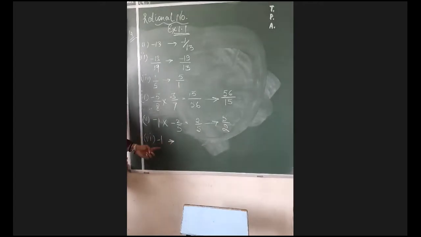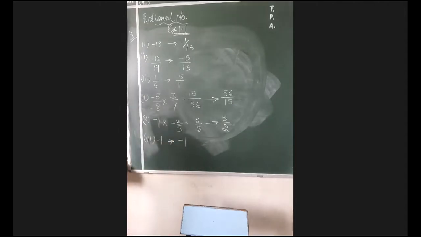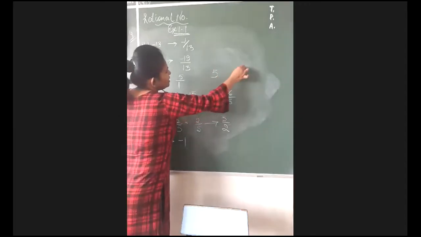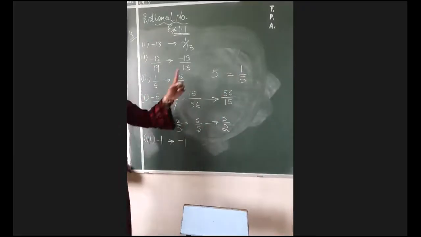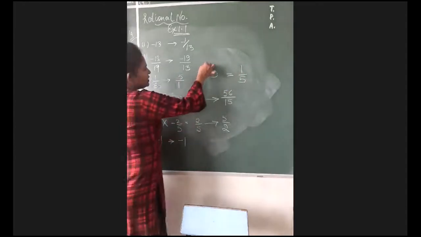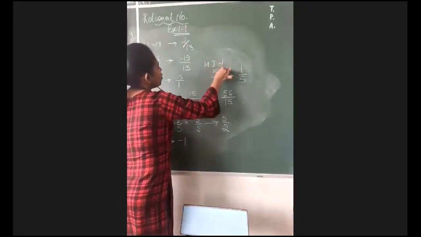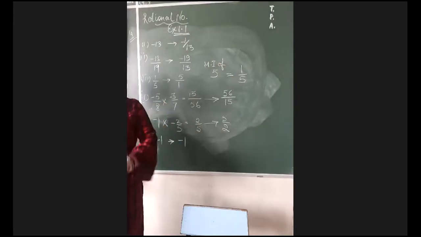You know that the reciprocal of minus 1 comes as minus 1 only. Now one thing which I want to tell you, please remember beta, don't put the sign of equal. Don't put the sign of equal, because generally we have the habit of writing the equal sign. So beta, if you write like this, the reciprocal of 5 is 1 by 5, and you write it down like this, equal to, it will be wrong, because 5 cannot be equal to 1 by 5. You don't write like this. Either you write it down like this, multiplicative inverse of 5 equal to 1 by 5. Okay, don't mention 5 is equal to 1 by 5.